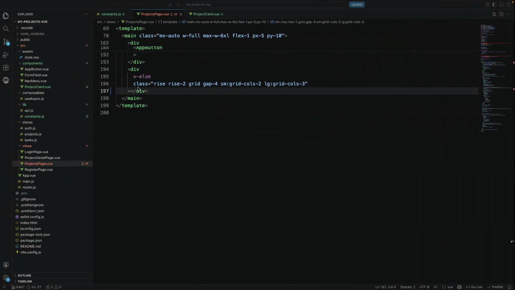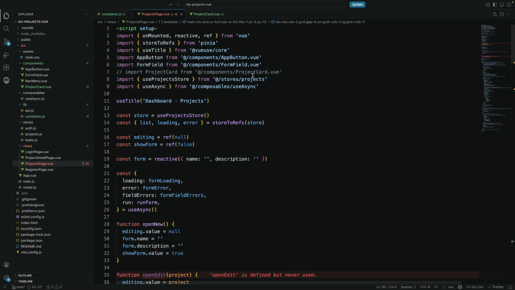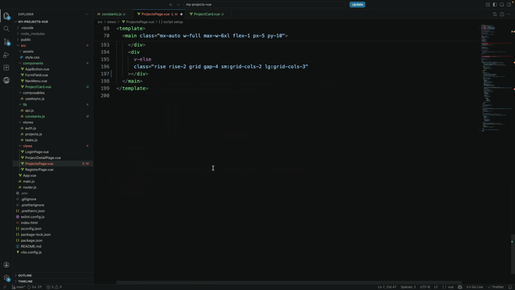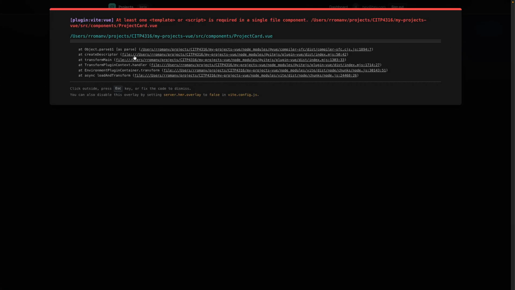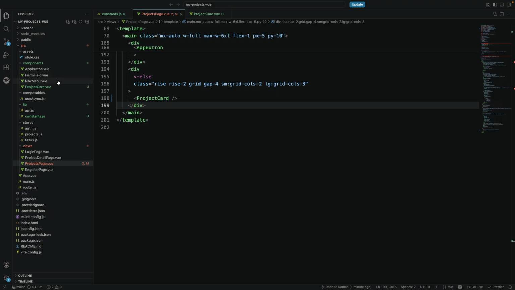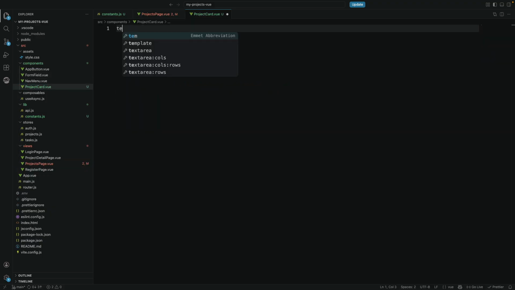It should be empty. Okay. If I import this now, I'll call it here. I think it could be self-closing. Cool. It should not, you say like it's empty. I cannot import an empty thing. That's okay. Let's do a simple template